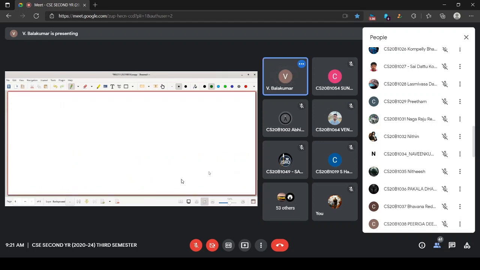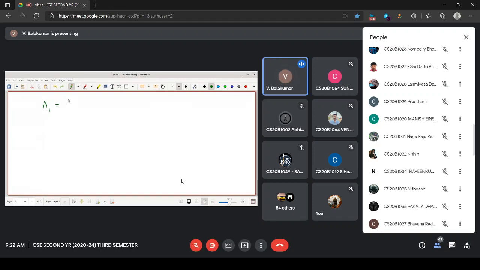Now, one more example let me write down. You are visiting the nearby bakery shop. Then there are various types of bakery items. Let me call them A1, the first bakery item.